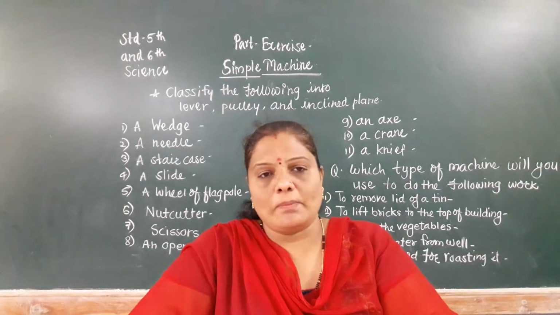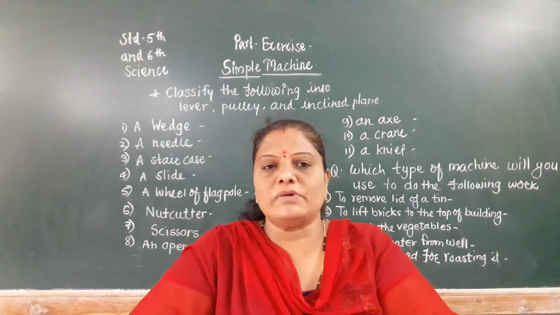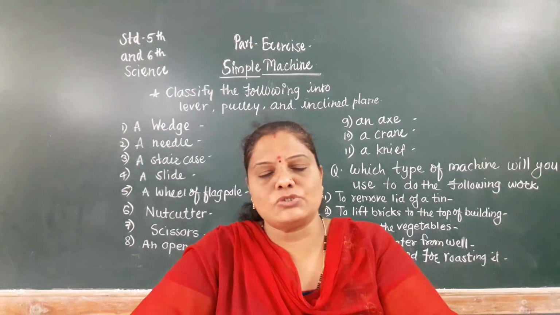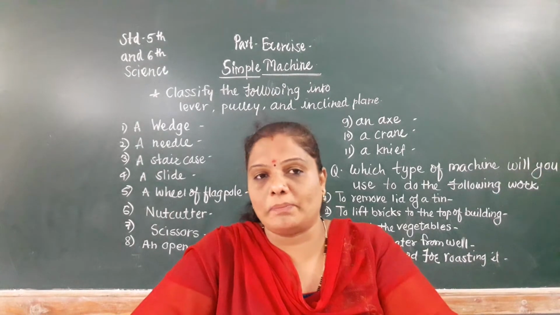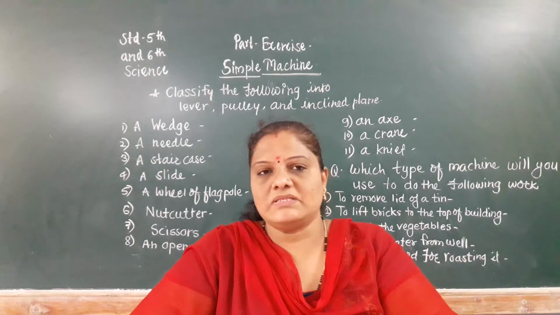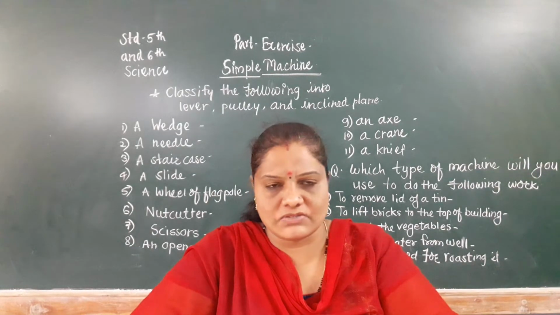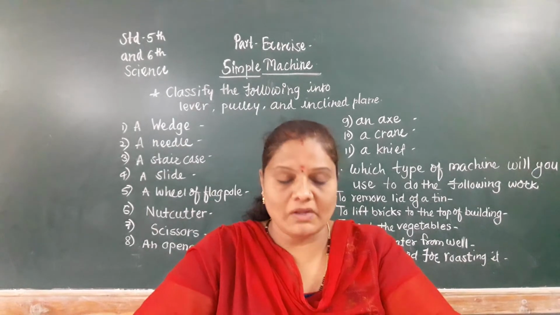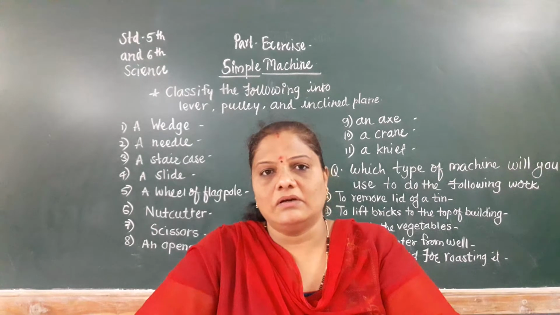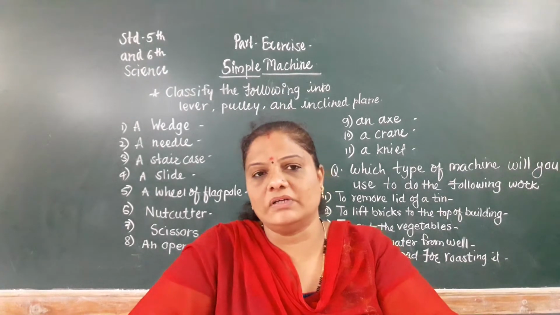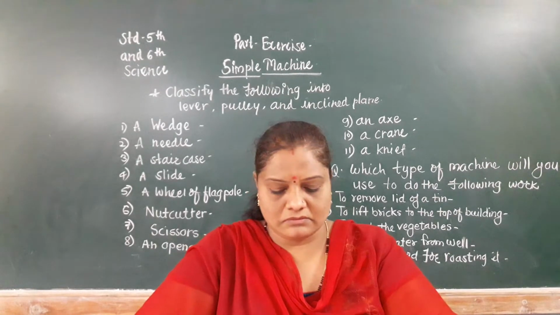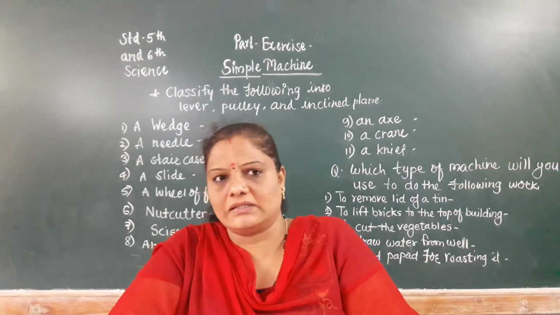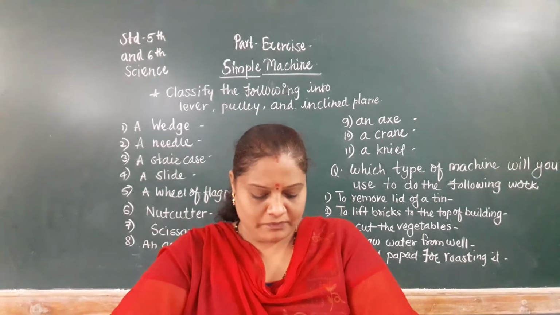In a complex machine, the structure is made up of various small parts. A number of parts are joined together to make a complex structure. It means a complex machine has a complex structure. For example, mobile, computer, mixer grinder, refrigerator. These are examples of complex machines. So machines are divided into two parts: simple and complex machines.